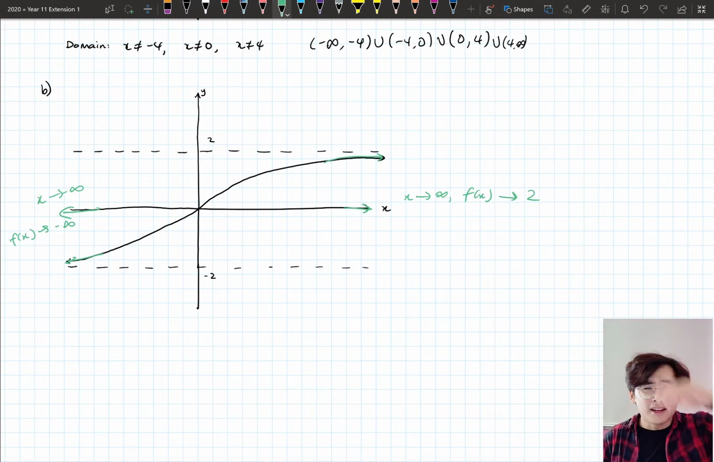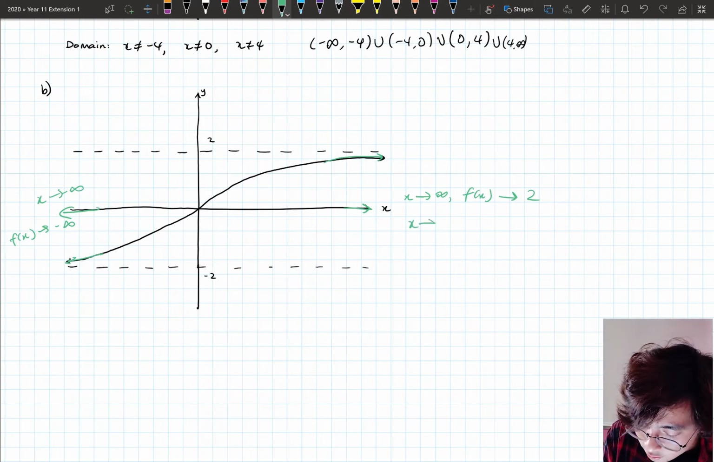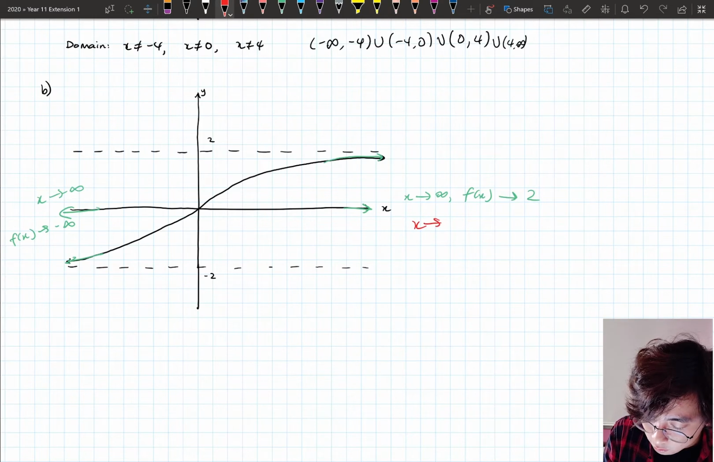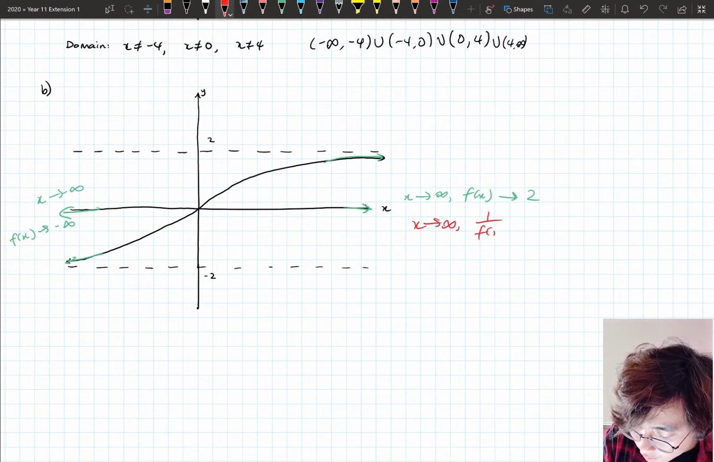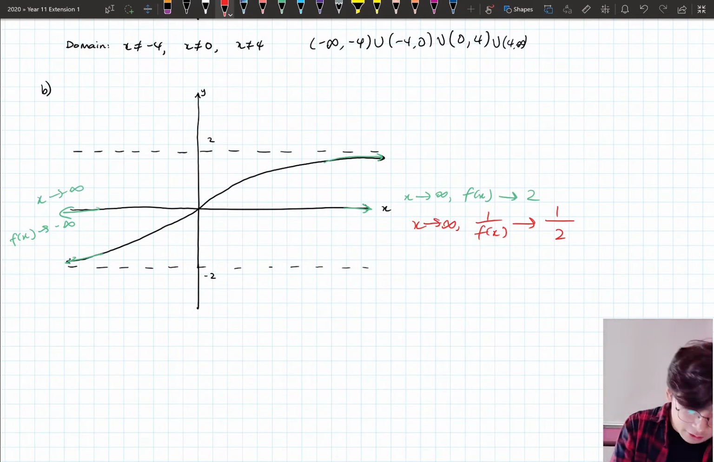Okay, so what this means is that when our new function, our reciprocal function, when the value of x goes towards infinity, instead of going towards 0 or infinity, we're actually going to go to 1 over 2. So here, when x goes towards infinity, for our new function, 1 over f of x is just going to go to 1 over 2. I'm just going to flip that. And on this side, oh, hang on, I wrote this wrong on this side, whoops, negative 2. And on this side,